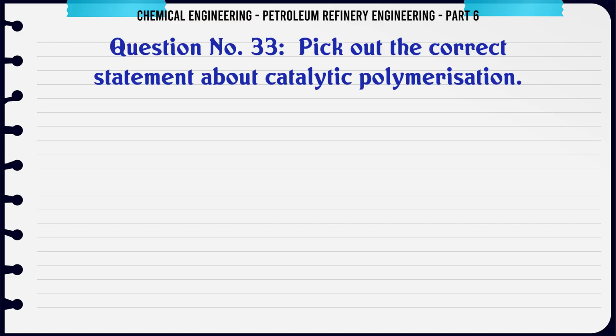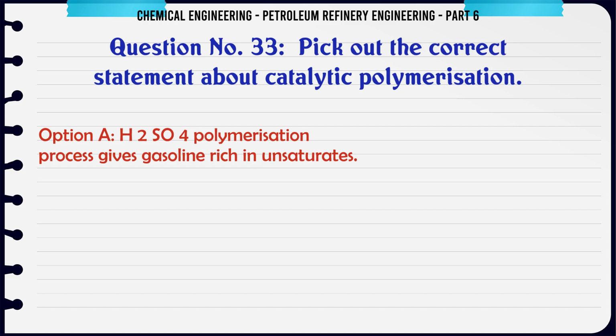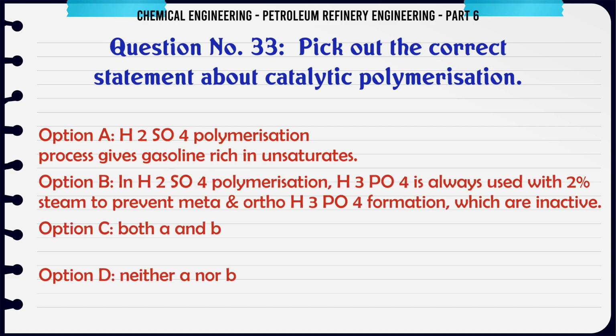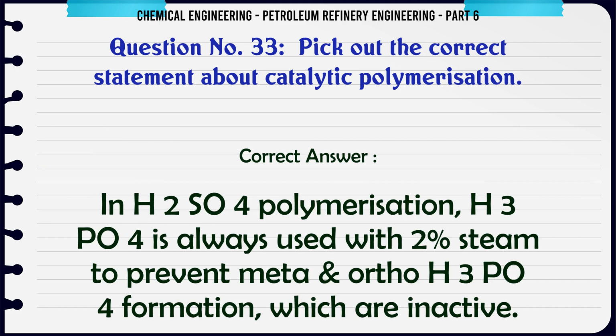Pick out the correct statement about catalytic polymerization. A. H2SO4 polymerization process gives gasoline rich in unsaturates. B. In H2SO4 polymerization, H3PO4 is always used with steam to prevent meta-ortho H3PO4 formation which are inactive. C. Both A and B. D. Neither A nor B. The correct answer is in H2SO4 polymerization, H3PO4 is always used with steam to prevent meta-ortho H3PO4 formation which